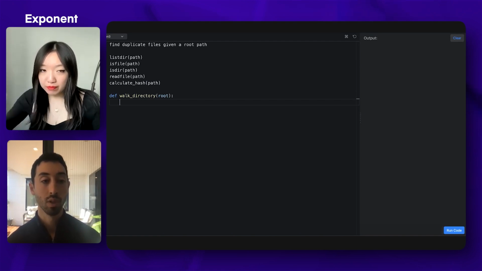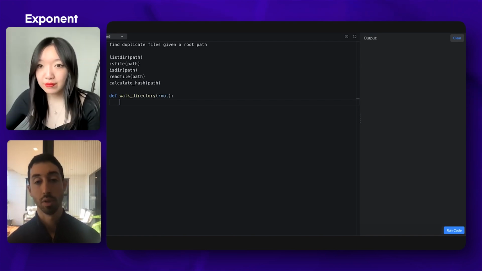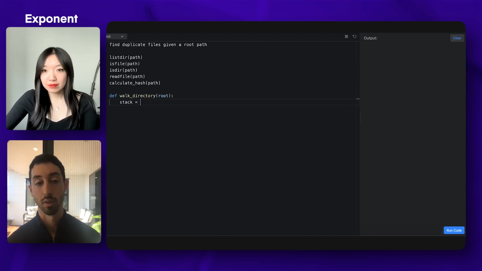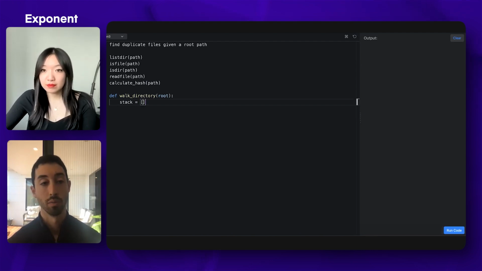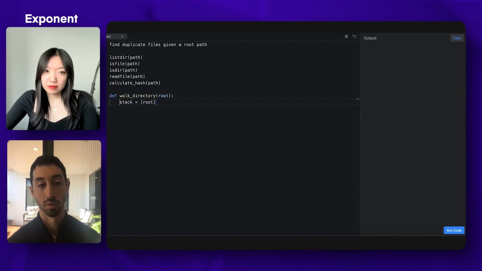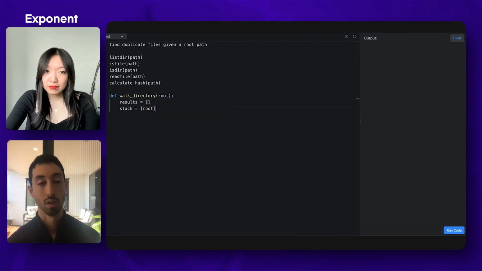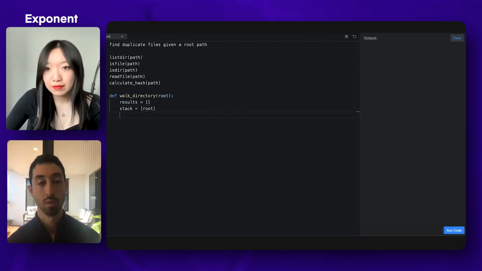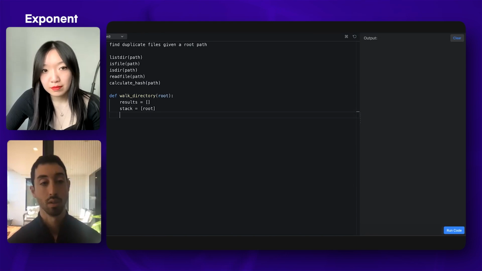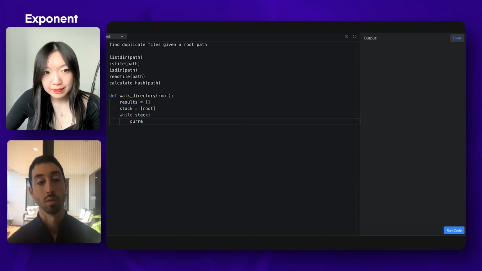So instead of doing it recursively, I can just use a stack or a queue. So it can start with a stack with just the root. I have all the paths I want to gather, and then I just need to do a while stack. So current